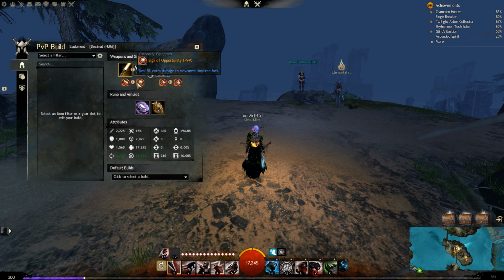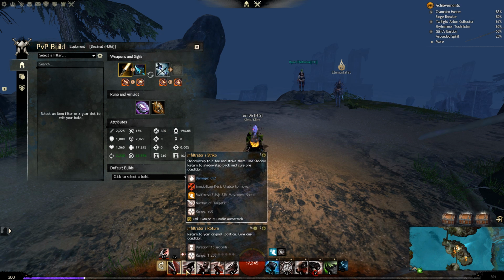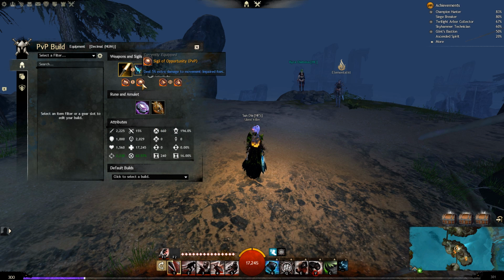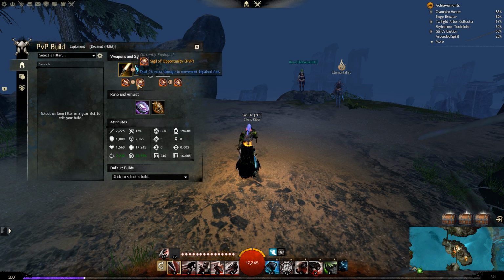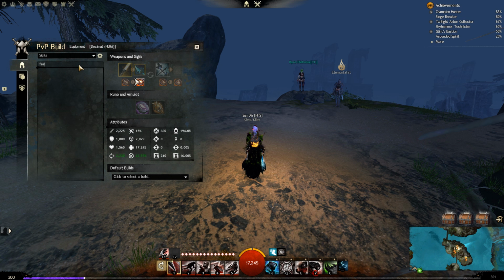What this does is movement impaired foes, which means when you immobilize someone, you will have this 5% additional damage, and you will be able to immobilize a lot of times with Infiltrator's Strike. So the 10% damage bonus is really nice. You can also go with the Frailty one to stack vulnerability, which can